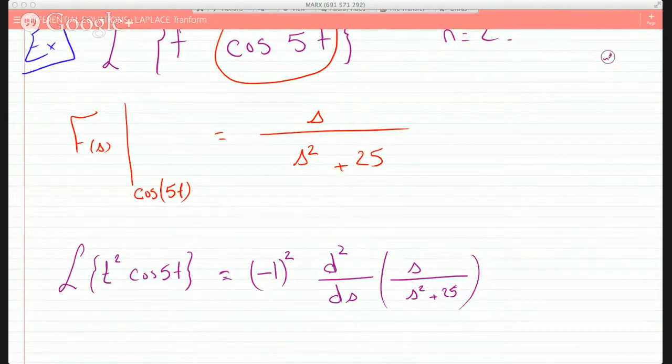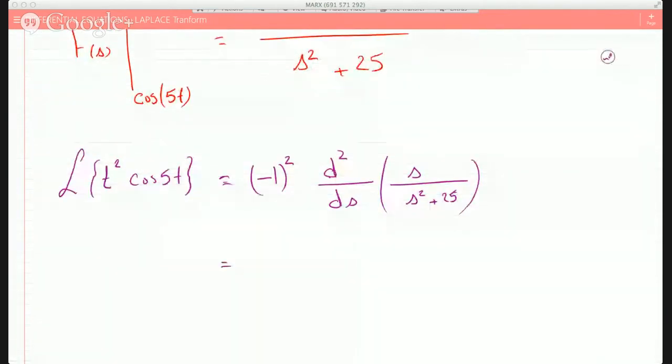That's what it's saying. So this becomes (-1) squared, which is just 1, times